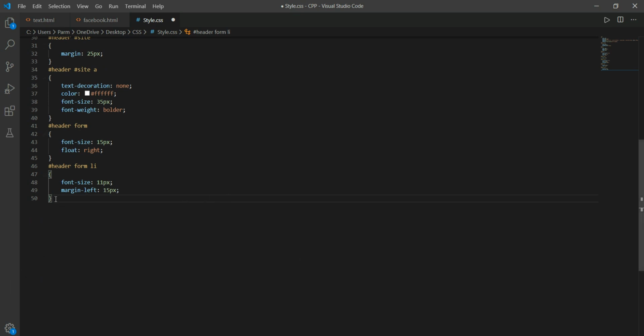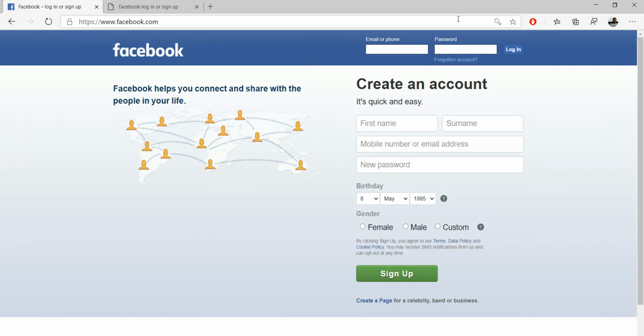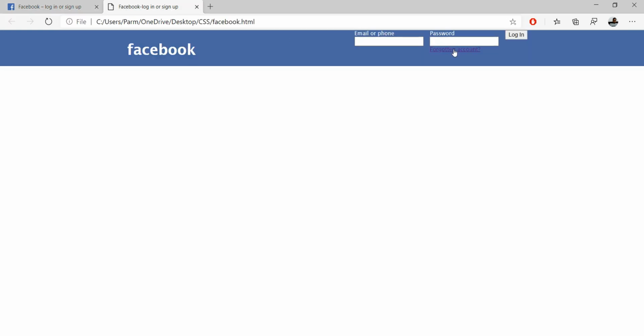Then here we have used the anchor element. So for forgotten account I just want no decoration, nothing over there. And if we see over here, in this case this is having the white color, but this is having some different color. So we also want to set this color.